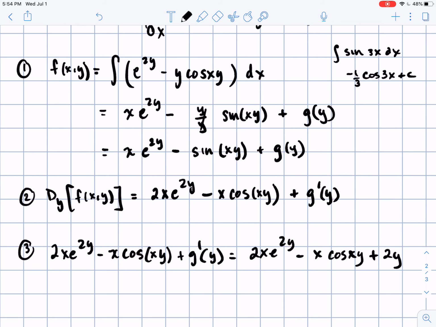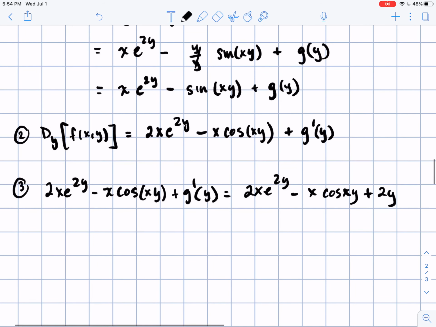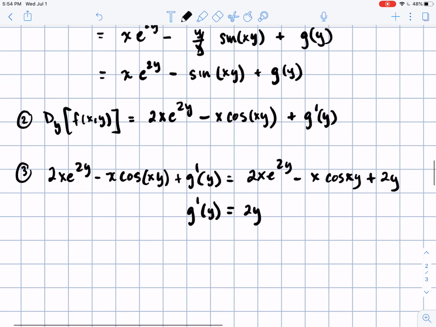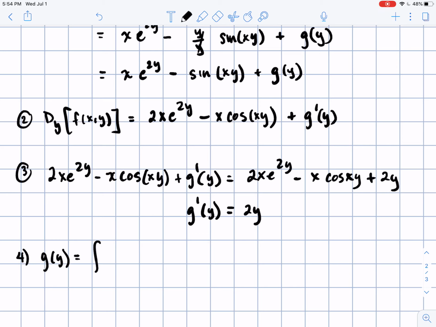And once we do that, then we're just solving for that g prime of y, which in this case, we would just get 2y, which is nice. And then the last step here is to find what g of y equals. We take the integral of g prime of y dy, which here would be